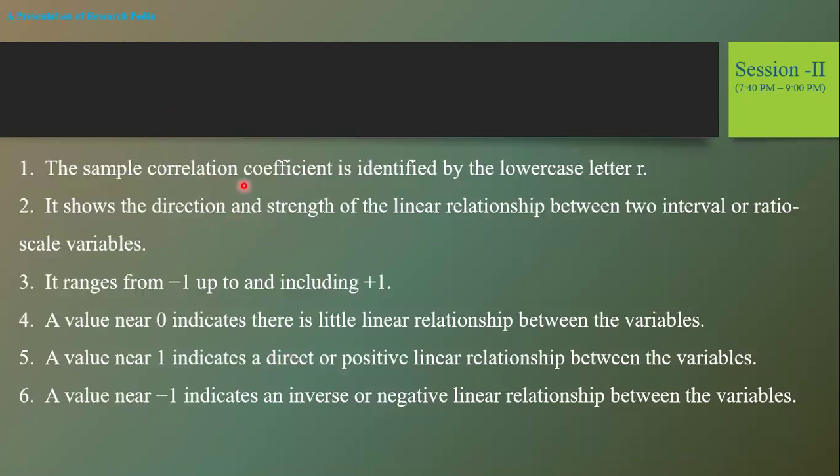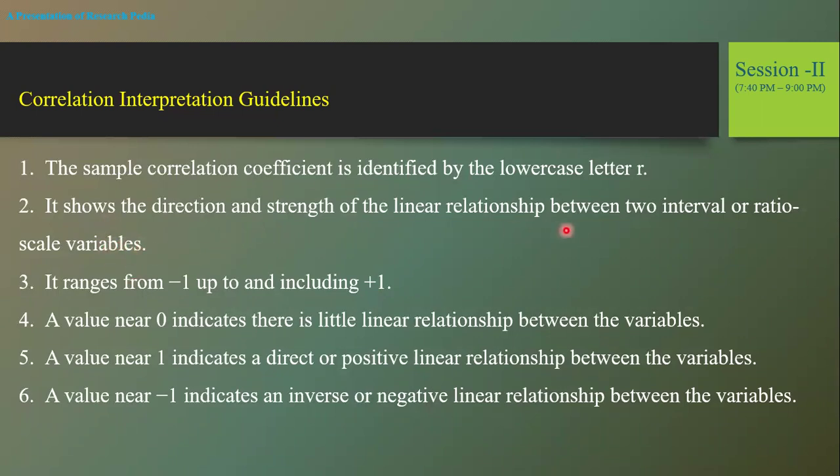The sample correlation coefficient is identified by the lowercase r. Whenever we need to interpret the correlation coefficient, we will use the small r from the alphabet. It shows the direction and strength of the linear relationship between two interval or ratio scale variables. One thing you need to understand is that whenever you are going to analyze a linear relationship, and whenever you are going to analyze the data with